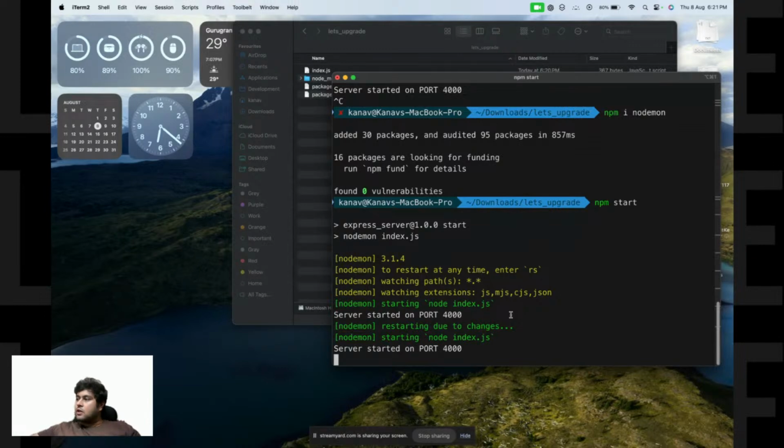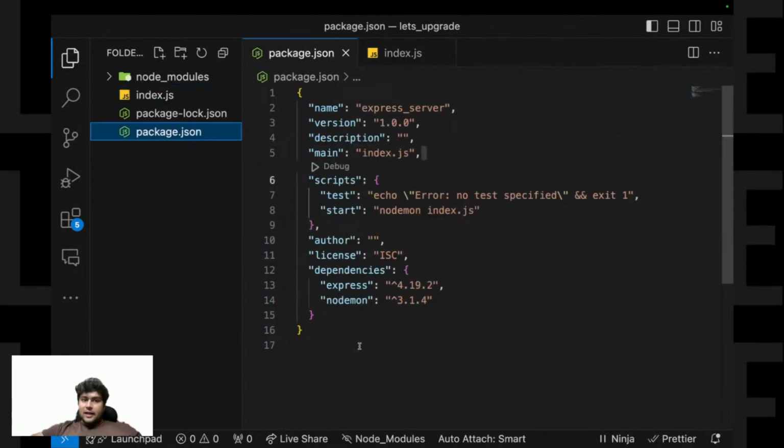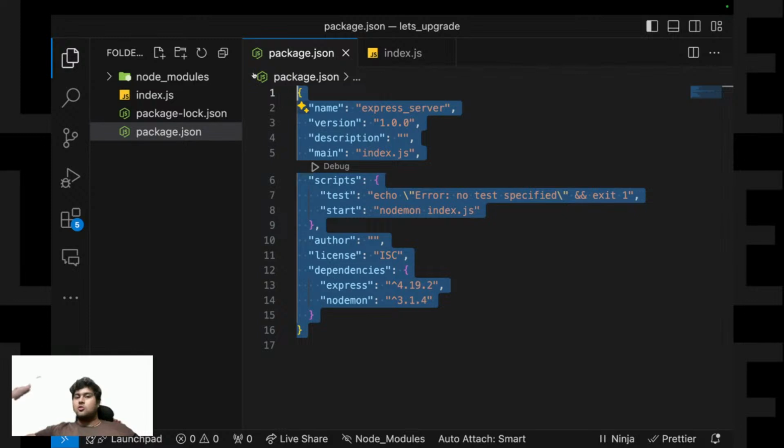Now, about npm. The reason we do npm init in the beginning is that it creates this JSON file.